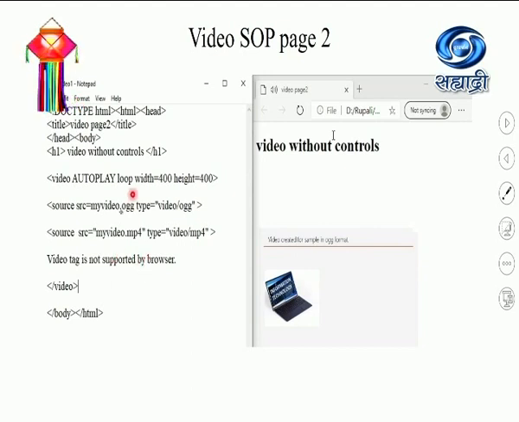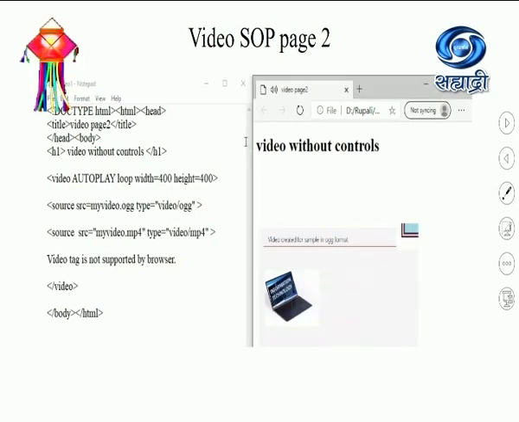If any of the file is not supported, it should show this message. Again I said this will not be supported by the latest browser. So you will just get any of the video file getting played on your web page. So here I have used the Edge browser, Microsoft Edge browser for getting the output. Just observe the output.